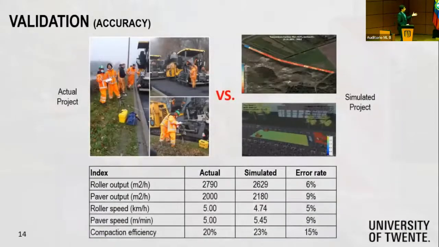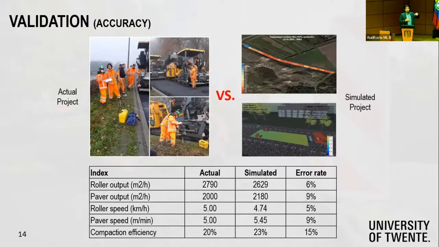So for the validation, of course, two aspects were quite important for us. One was about the accuracy of the simulation model that we developed. So we had quite a bit of past project, so that was quite easy for us. In here, I'm just presenting one of the cases, but in the actual project, I guess Andre did 5 or 6 different projects. The error rate is more or less in the same range. So as you can see, for most of the indicators, the error rate is quite acceptable.